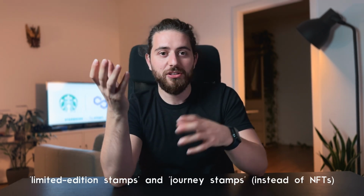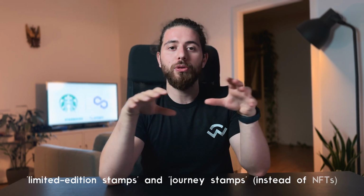Also, they're not calling them NFTs. They're actually calling it the two kinds I talked about in the beginning: limited edition stamps and journey stamps. So they're also moving away from the whole non-fungible technicality, which I guess also has a bad reputation in some circles. But yeah, I personally think this is actually very interesting, because I personally think that this is the next step where Web3 has to go,